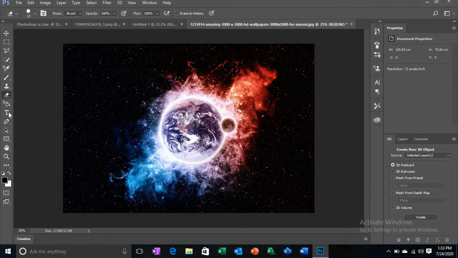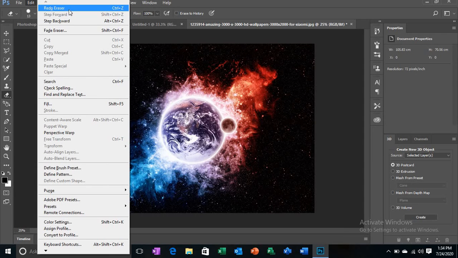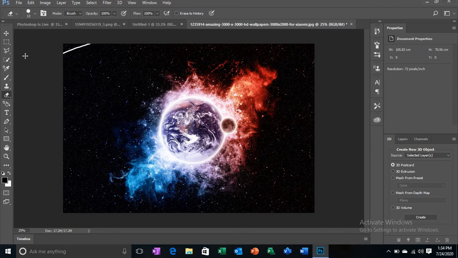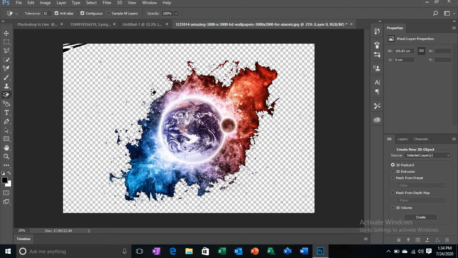So the next thing is again how to erase and crop with the eraser. To undo you could use Ctrl Z, Ctrl Z undo. So this is undo, it is written here, or you could do redo eraser, undo eraser. Redo and undo are the same, Ctrl Z. Now to use the eraser we will do like this. To increase its size, like the magic eraser, if you want to erase the whole black background. Amazing, yeah, you erase the whole black background nearly. Hey, who are you? Get erased. Bye bye.